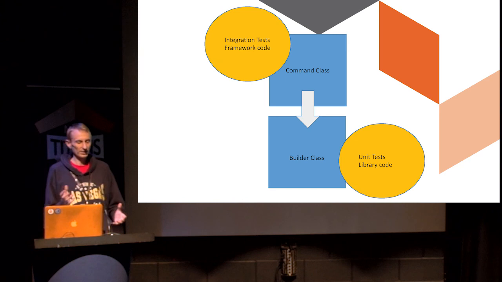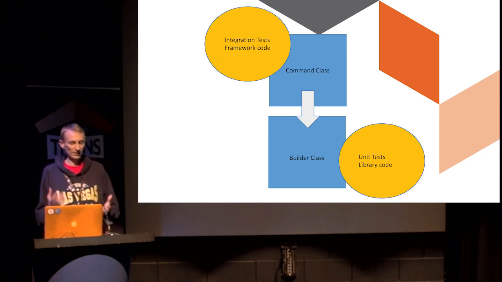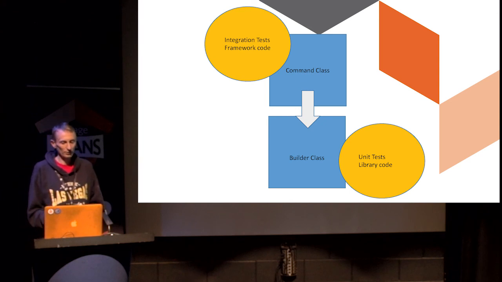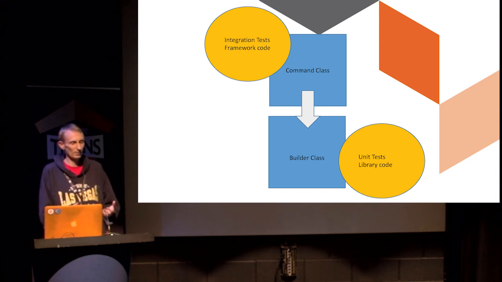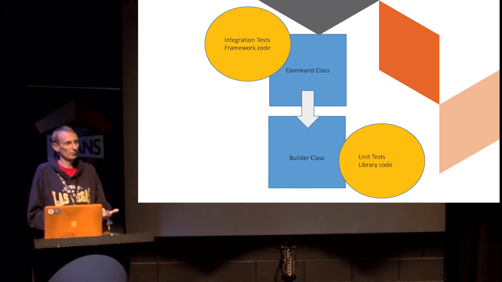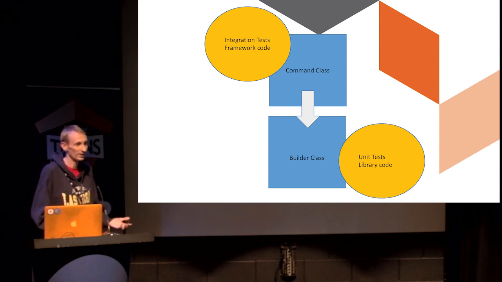And if we look at how we're actually going to test these in the real world, we can see that in our command class, because it's very framework coupled, we're using the convenience of the framework command helper. We're going to use integration tests. Whereas for our builder classes, it's library code. It's supplementing the class itself, the command. We're writing individual PHP implementation code. It doesn't know about Magento there. It's getting passed in an array of product data. So we can use unit tests and we can separate that out to being more of a library code that we could use on other projects. Easier to unit test, and then we can replace the interfaces or the implementation inside of the command class at runtime.